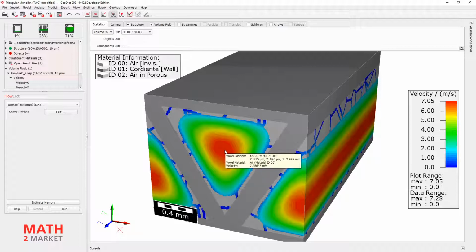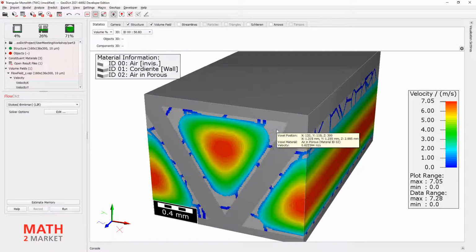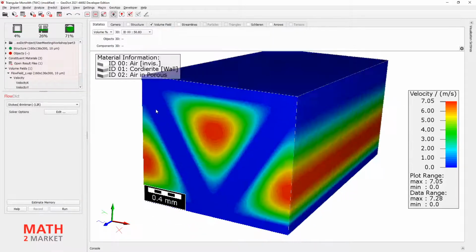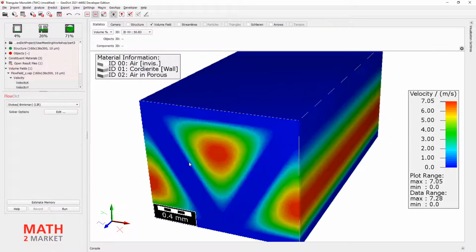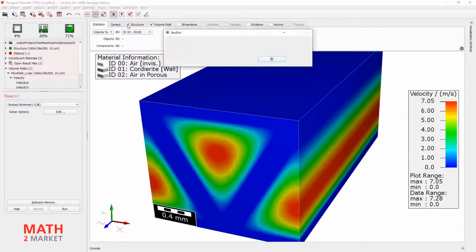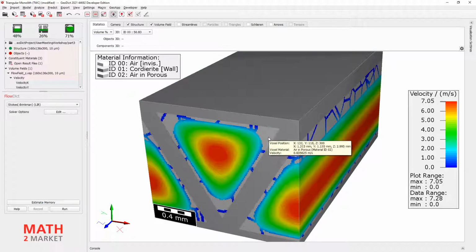It's totally normal. If you now aim at the washcoat, you can also see there's velocity inside the washcoat. And if you want to see the field here, you can also deactivate our structure and see values everywhere. So don't forget, there's also flow going through our structure, light gray inside our porous material. There's also flow. All right, and that's it for the flow, more or less.